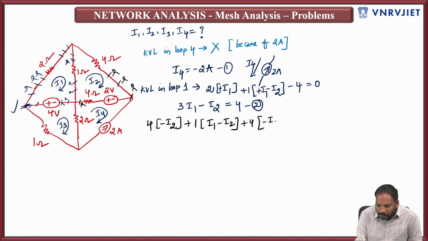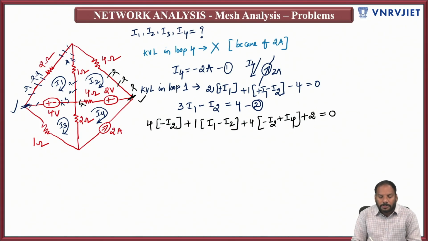So minus I2 plus I4. Okay, I2 is coming opposite to you, it is your enemy, but I4 is your friend. Then plus 2 is equal to, this is a voltage drop now directly, voltage drop is equal to 0. So you come back to the original position. Okay, so now going ahead, so I1,